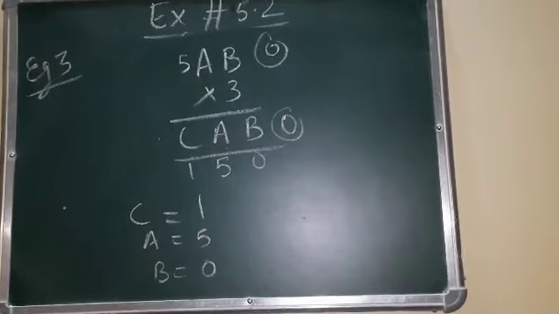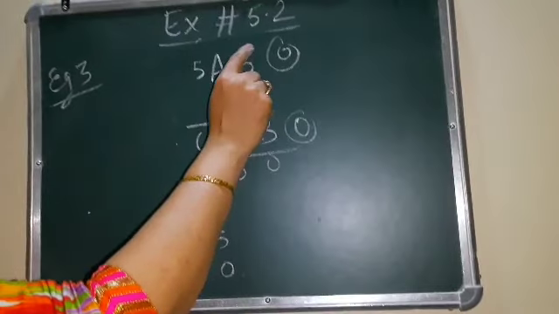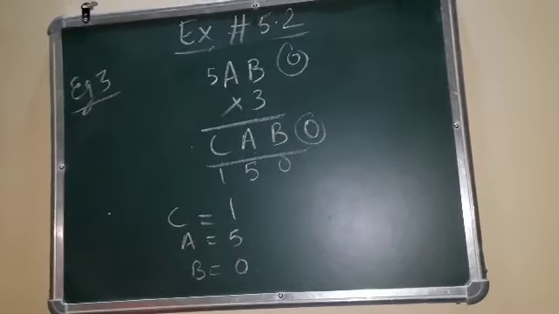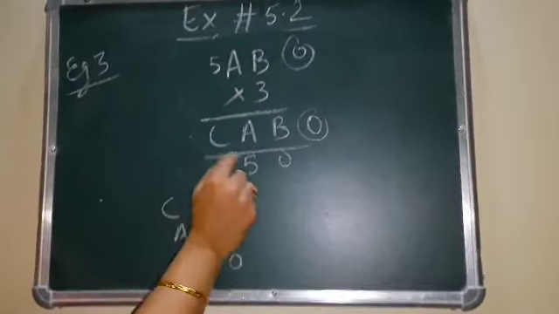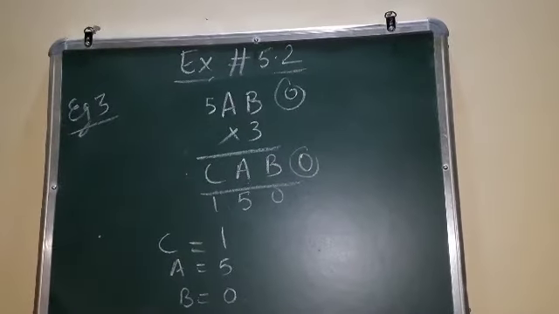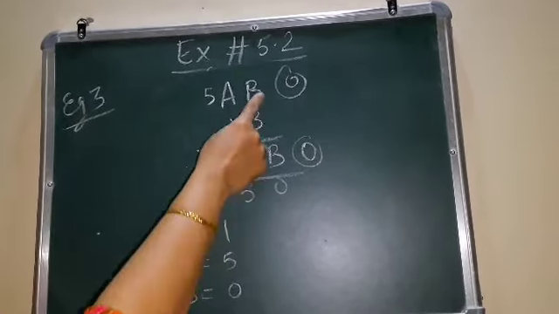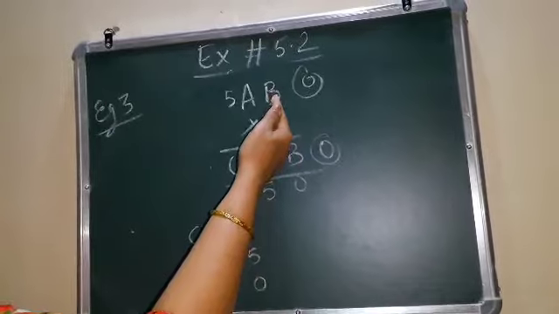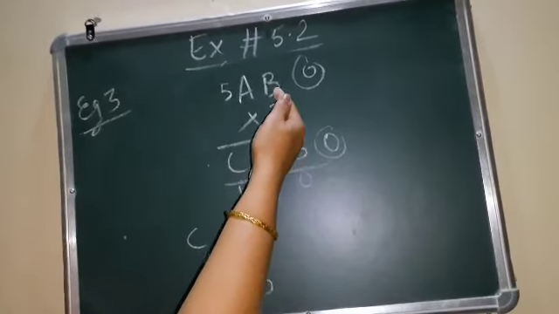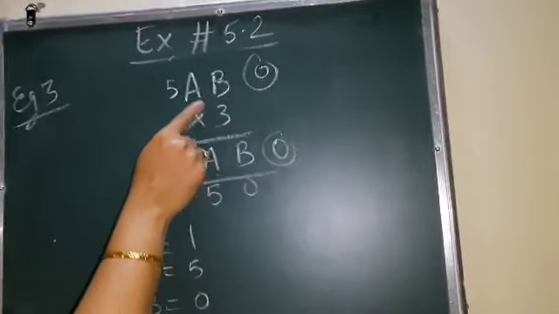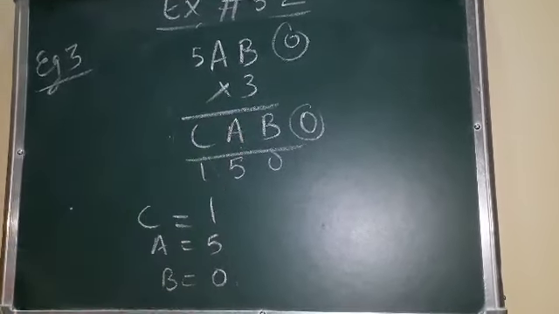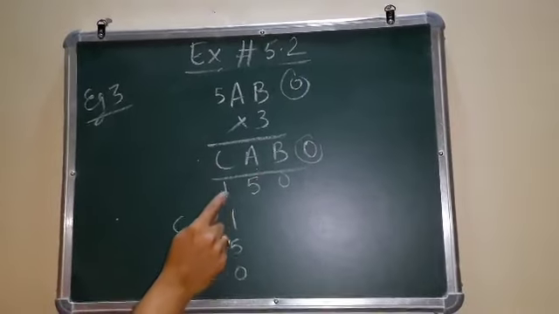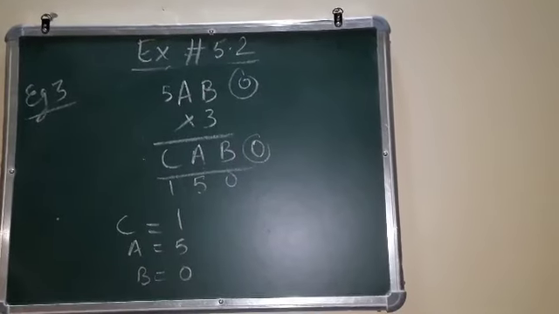So now I can get the answer C1, A5 and B0. Got it? So again I am repeating. When we put 5, I know that 3 fives are 15, so I was getting the same units place. But we didn't get the same answer here when we put some value for A. So we have rejected the case B as 5. Now one more number is there. When we put B as 0, then also we get 0, so 3 zeros are 0. Now I want A to be such that I get the units place same. So I have put here 5, 3 fives are 15. So C is 1, A is 5 and B is 0. So this is satisfying.